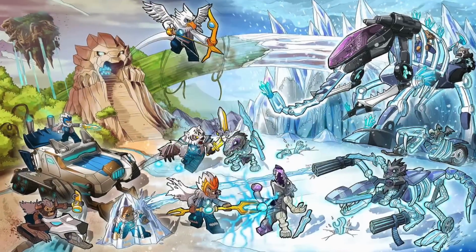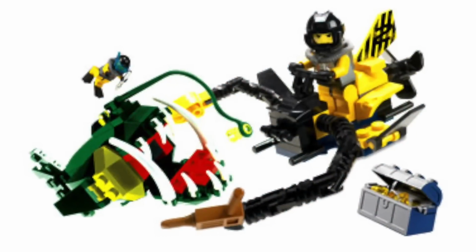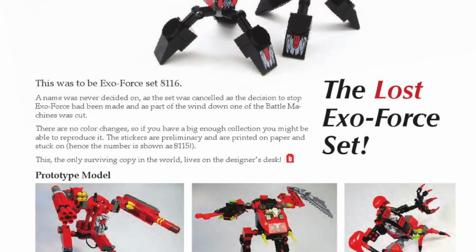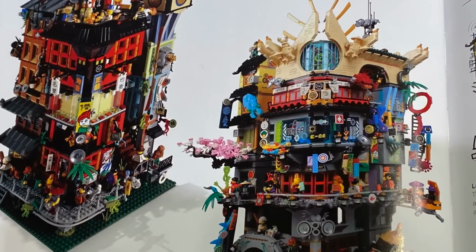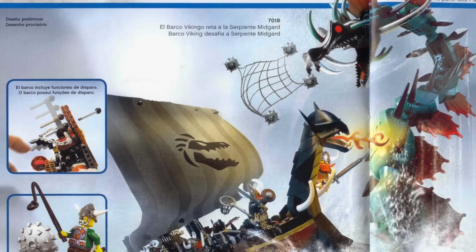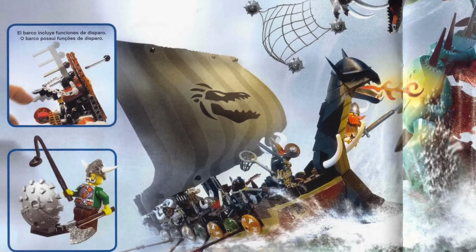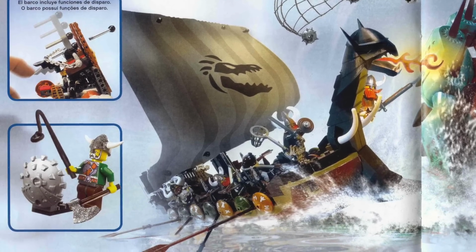So before we jump right into number 10, I want to just give some honorable mentions that I feel like don't really qualify to be on the list of canceled LEGO sets, but still are interesting enough that they warrant a mention in this video. Stuff like the prototypes for the Vikings longboat set are obviously not really canceled sets because we did eventually get the set, but this one is just very different as a prototype where I felt like it was worth being